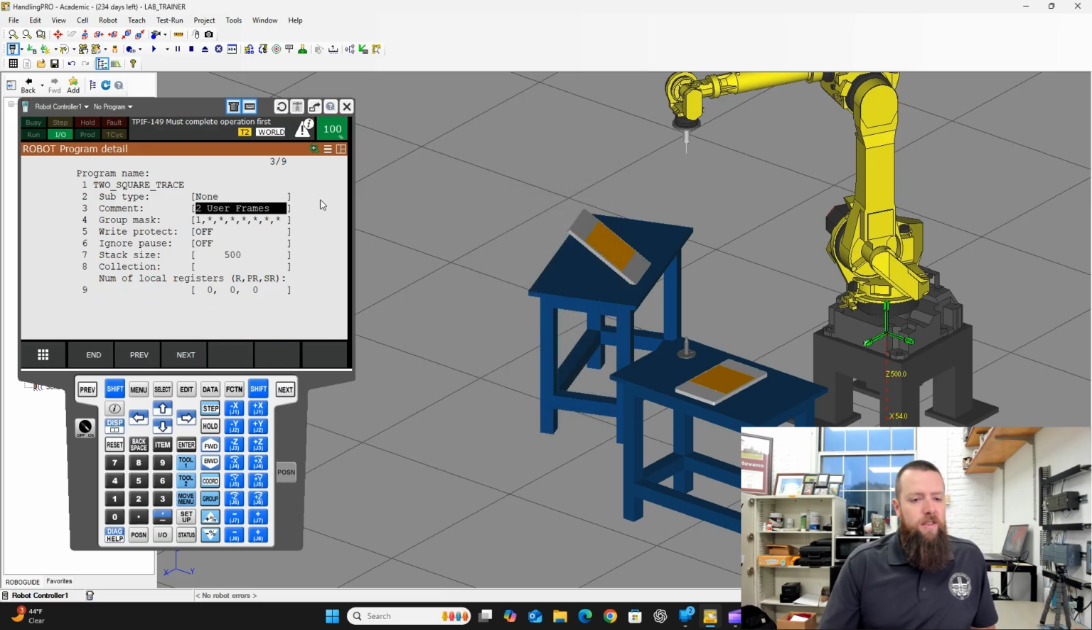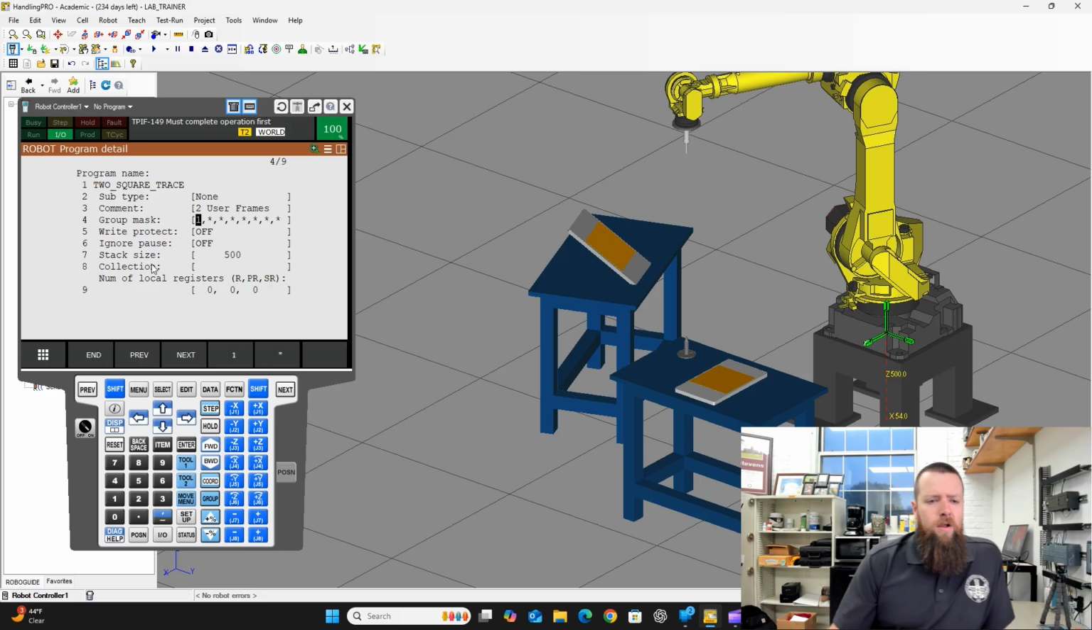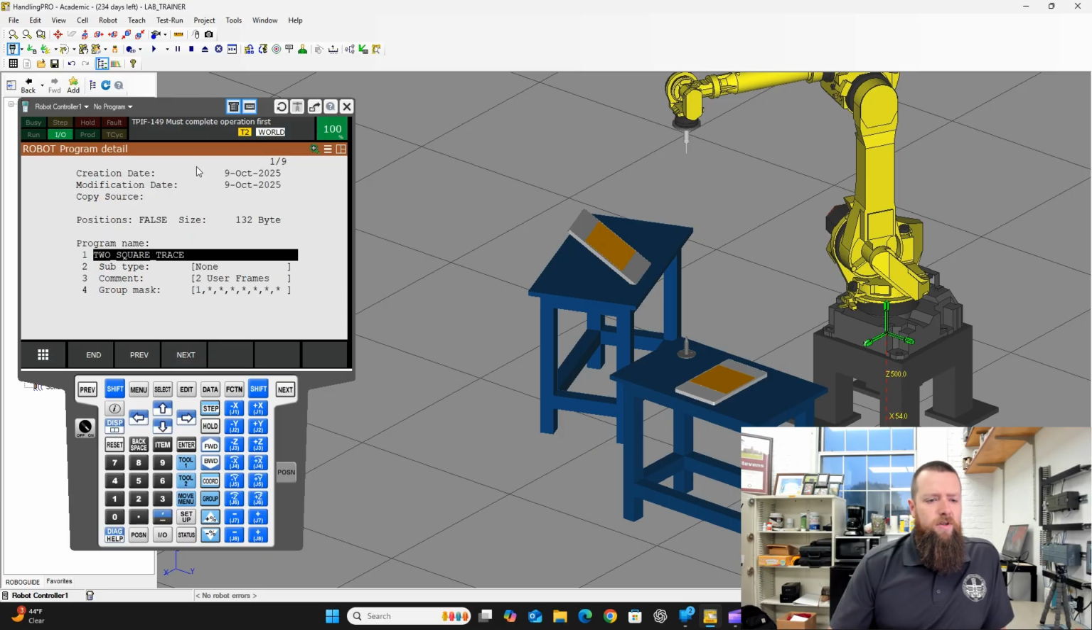Okay, so the comment just says a little bit. Group mask. If you're following along the book, it's a little bit of confusion because they say to put a bunch of asterisks here, but you want a number 1 in the first slot. Write protect. We can leave that off. Ignore pauses, stack size. All the rest of this can remain the same. If we come to the top, we have the date it was created, the name, and we should be good. So if I hit end here,